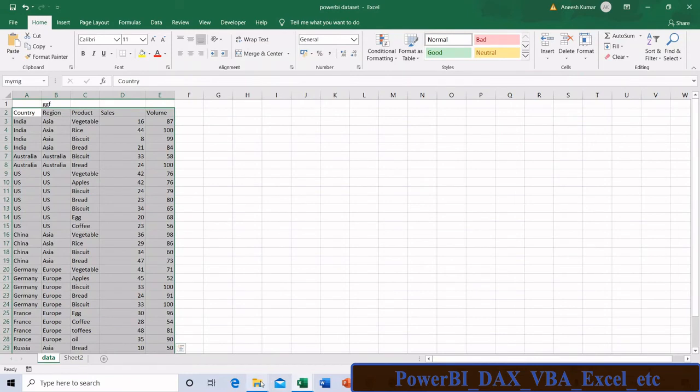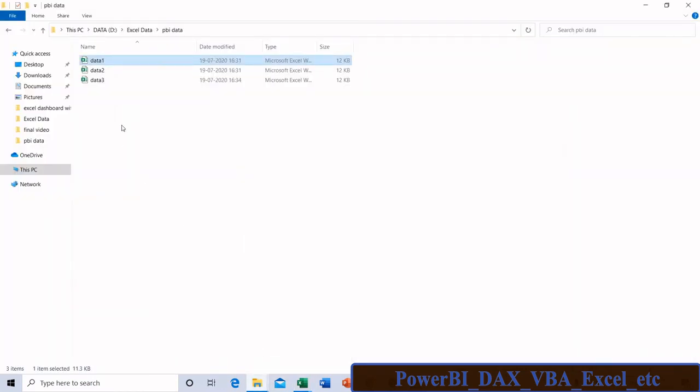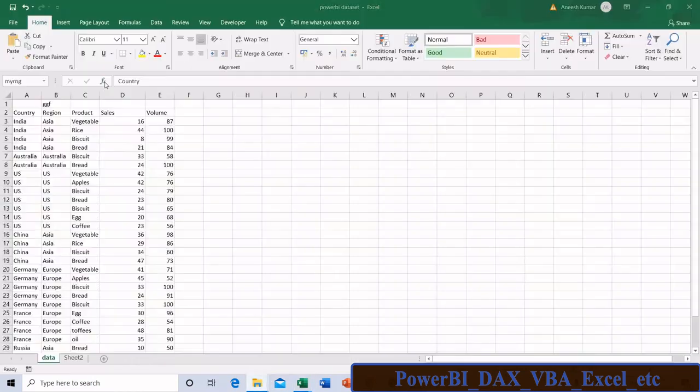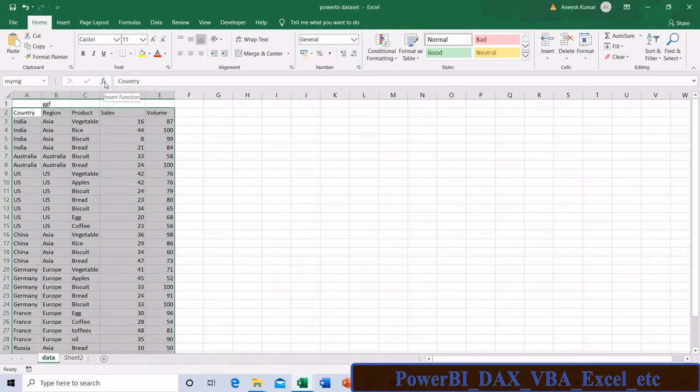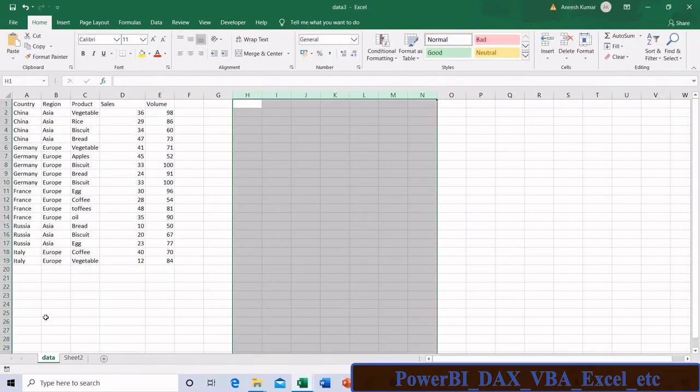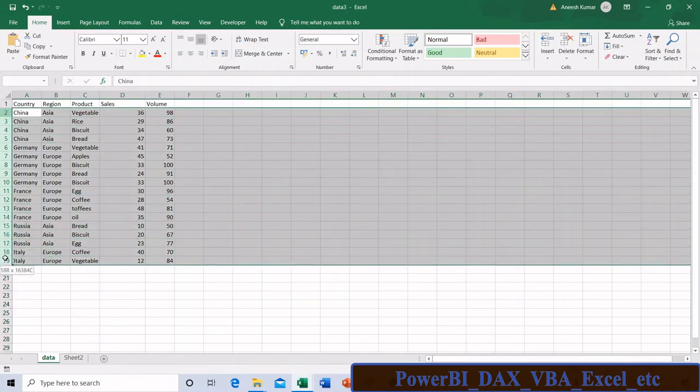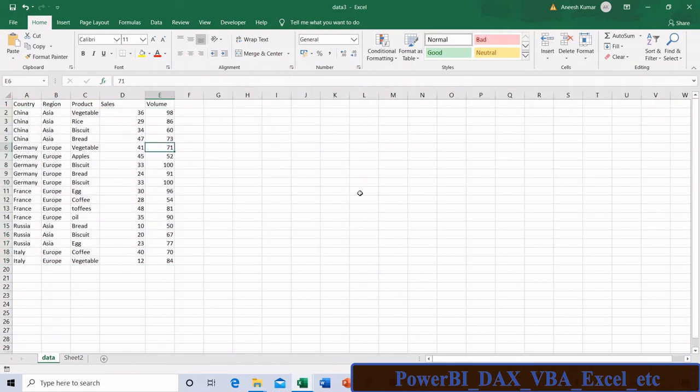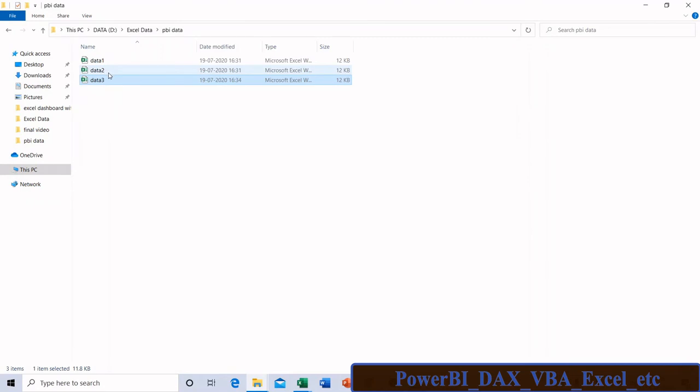Then in data 3, everything is same. I have a sheet called data, and I have different other countries' data stored here, and data 2 also same, but for some different country data.